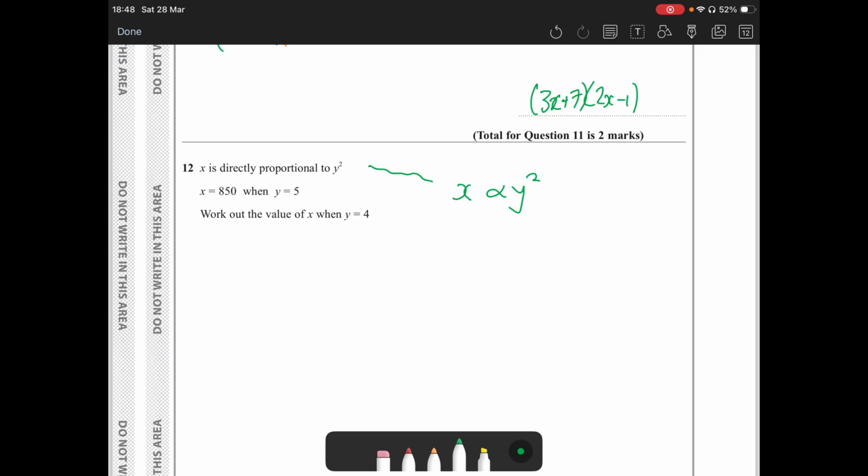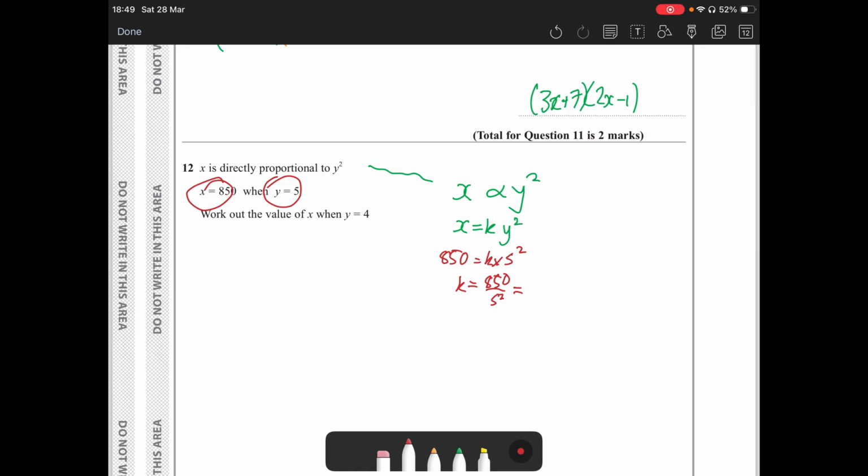Anytime we have a statement of proportionality, there is an equation that can be written. And there's usually a constant of proportionality that you must put in there somewhere. So I'm going to write x equals ky cubed. And I can work out that value k by substituting these two numbers in for x and y respectively. So when x is 850, y is 5. So if I want to work out k, I'm going to do 850 divided by 5 squared,